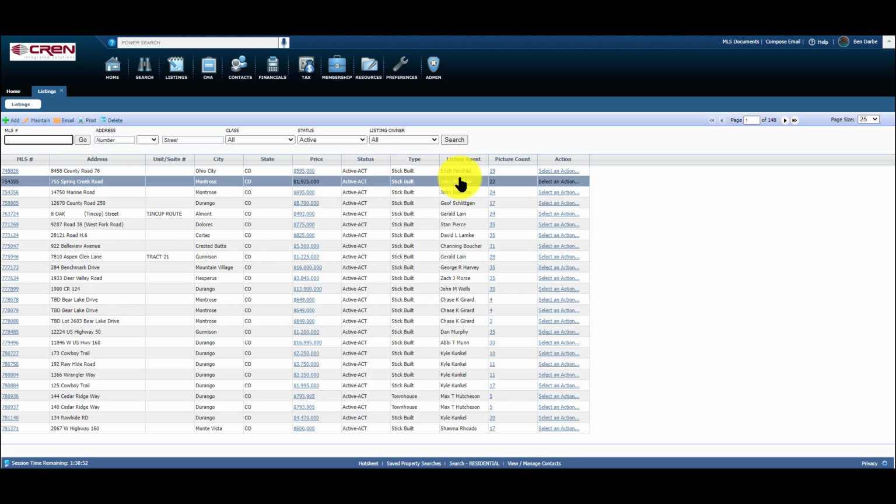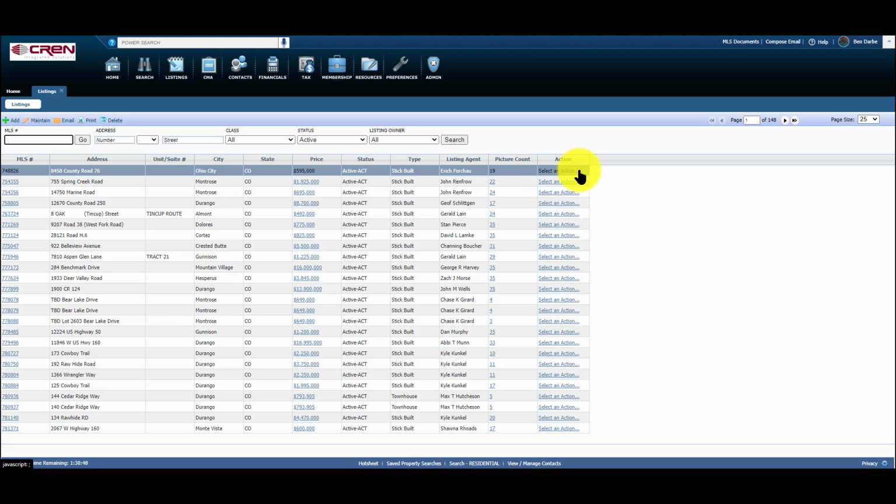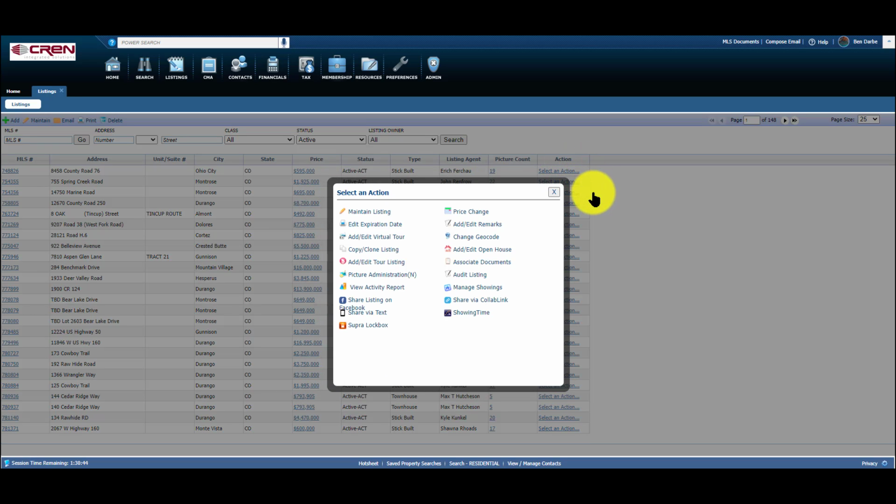So all the way to the right, there's going to be an action column here, and it's going to say select an action. You're going to hit select an action. And when that pops up, you'll see a little pop up here, and then the fifth one down, it will say add open house, add edit open house. You're right here on the right hand side. Actually, it's the fourth one down on the right hand side. You're going to click on that,